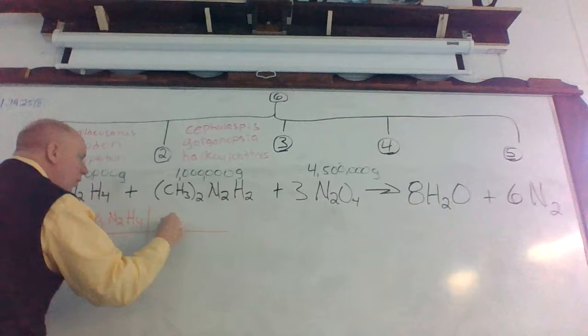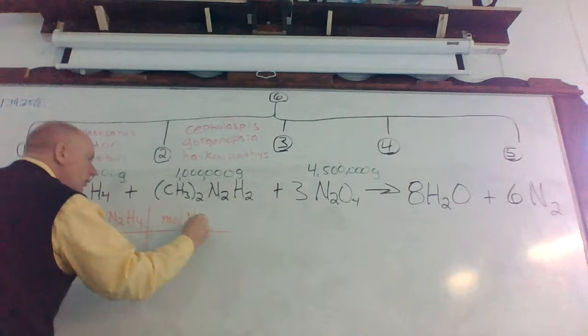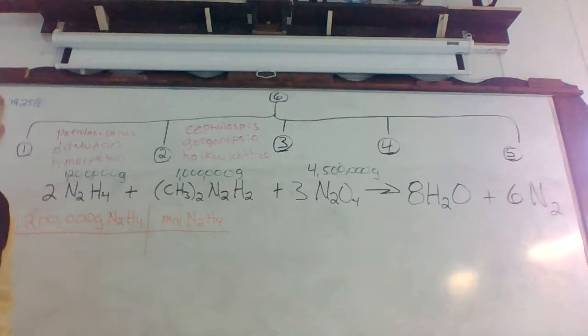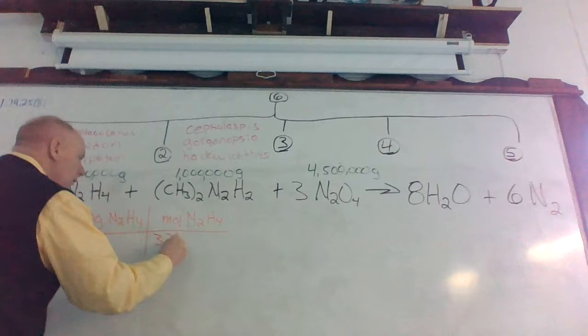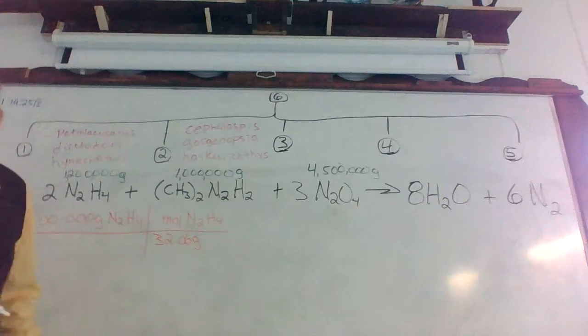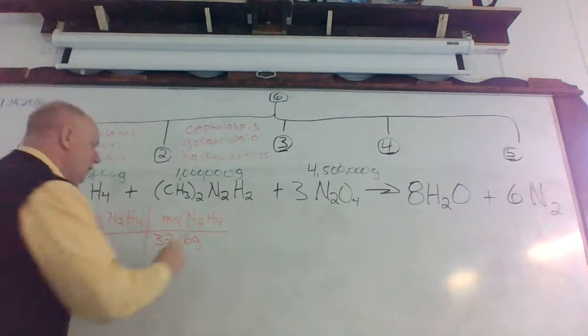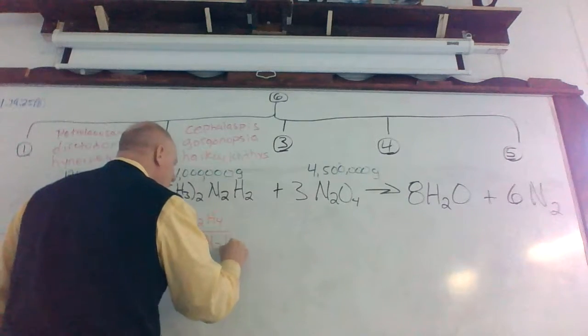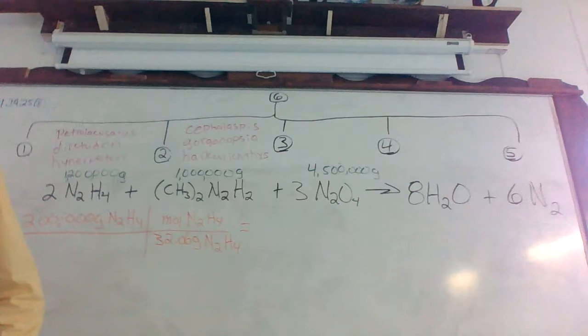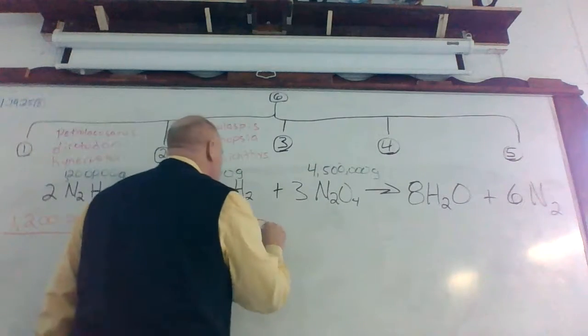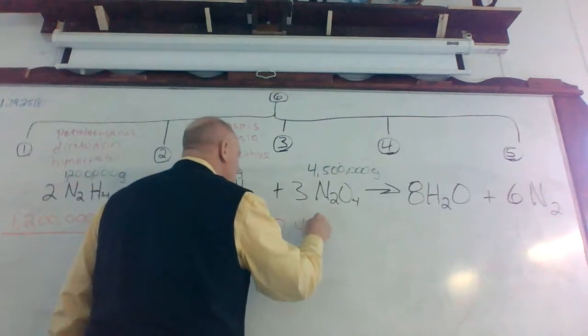So for every mole of N2H4, we get 32 grams. So then when we calculate that out, 37,499